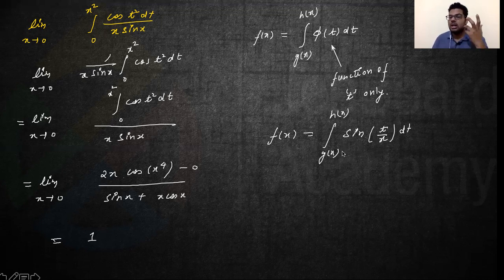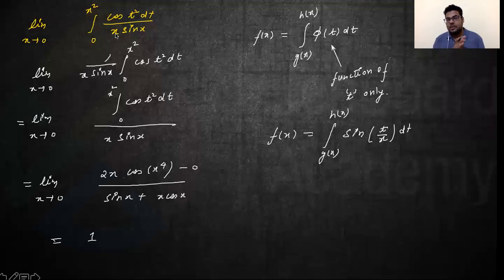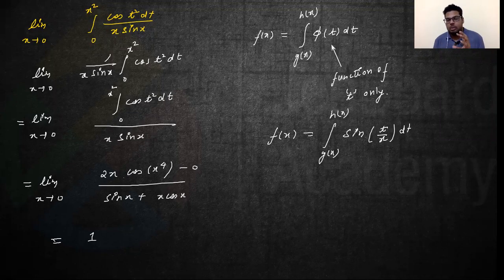Now, whenever you encounter this kind of situation, try to take x outside, right? There will be possibilities where, see, here in this case, we can take it directly outside. But in other cases, by applying some properties of the limits of the definite integration, when we cover that part, this x can be separated and taken outside, right? That will be happening in all the cases till now. There are of course other general formulas for the Leibniz rule, but at this stage we do not require that, right? Whenever you are given a function of both, you can simply use the properties and take it outside. But for now, that will not be required.